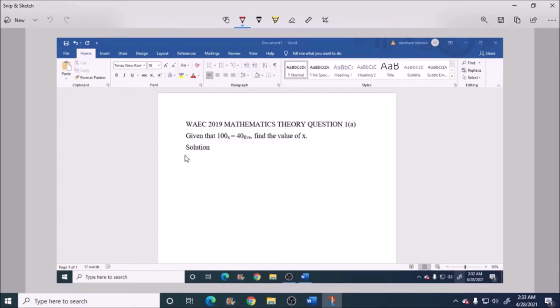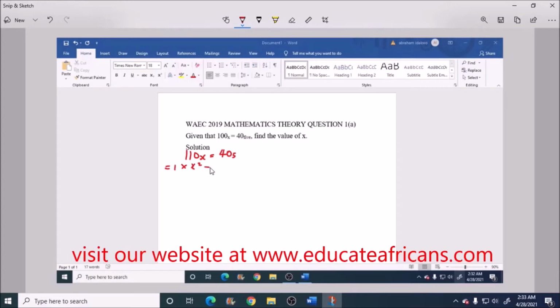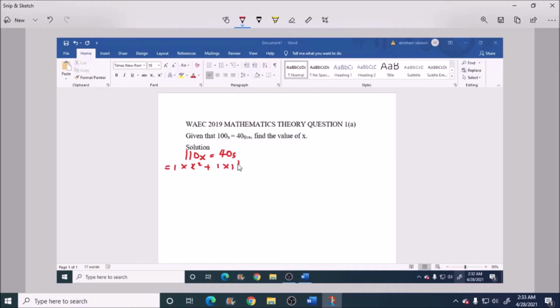So we have 110 base x equals 40 base 5. So this is equal to 1 times x squared plus 1 times x raised to power 1 plus 0 times x raised to power 0, is equal to 4 times 5 raised to power 1 plus 0 times 5 raised to power 0. So this will give us, we have x squared